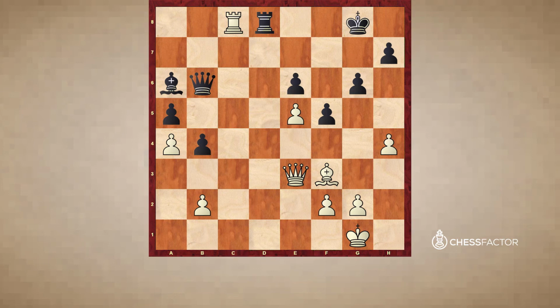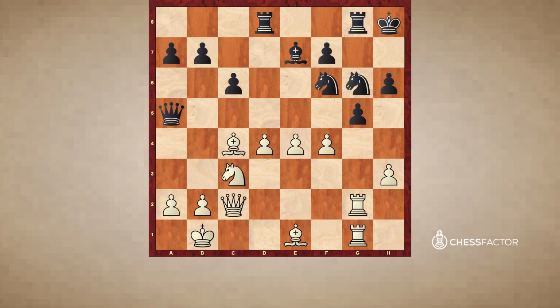Okay, now that we've seen this classical example taken from the early 20th century, let's look at the discovered attack being used by two of the great tacticians of recent times. That's Garry Kasparov, who needs no introduction, and Hikaru Nakamura, one of the top American chess players and top chess players today. Here, in this somewhat difficult position, Hikaru Nakamura's opponent played knight takes f4, but this was well met with a